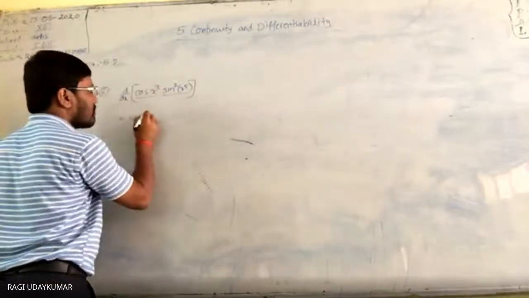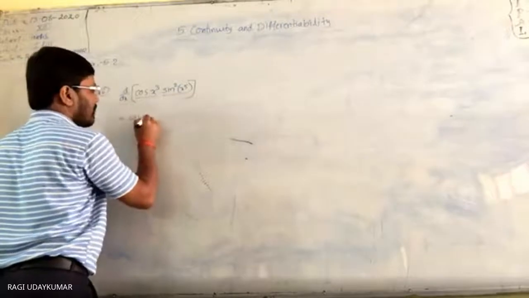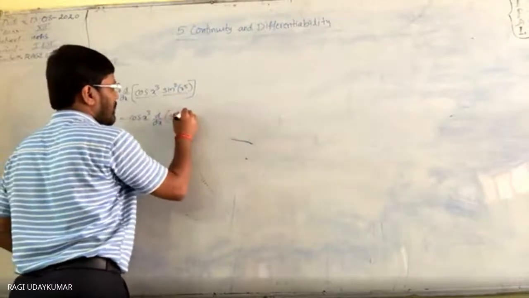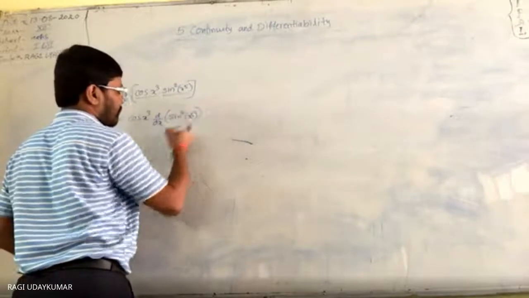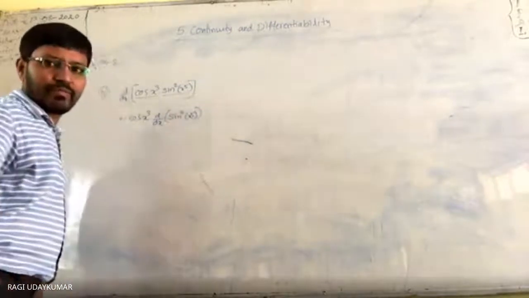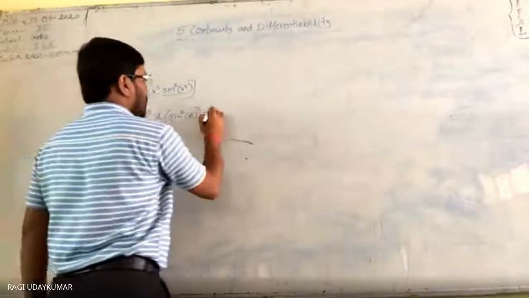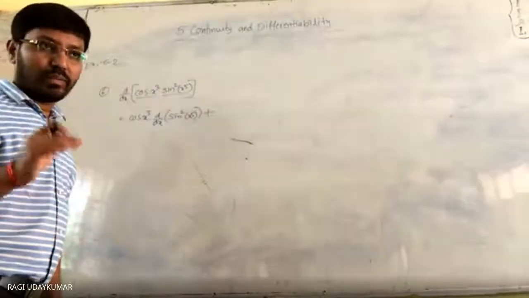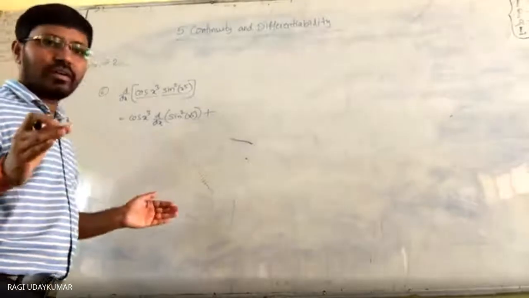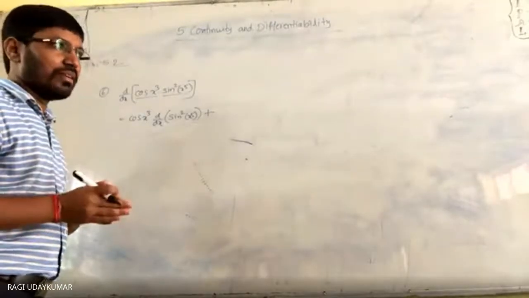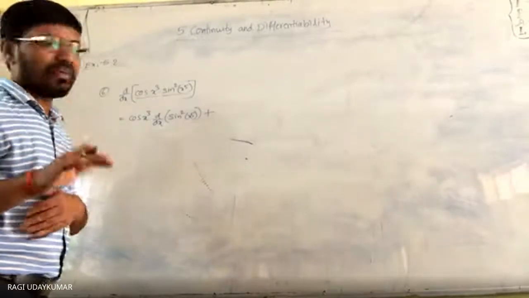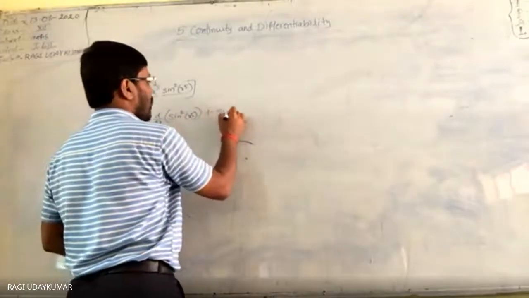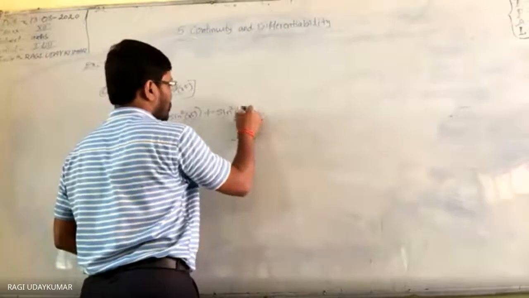First function is taken as it is, d by dx of the second function, sin square x to the power of 5, plus. Here it is plus; some students will write minus here. So please do remember, in the product rule you are going to have plus, in the quotient rule you are going to have minus. And plus sin square x to the power of 5